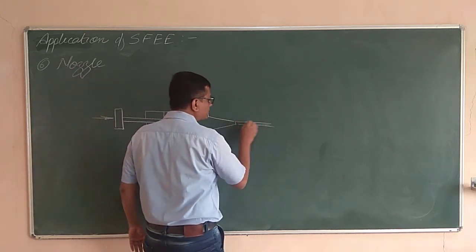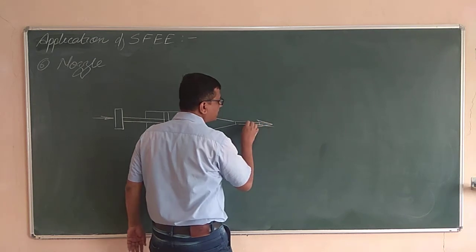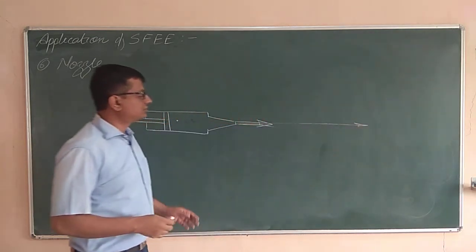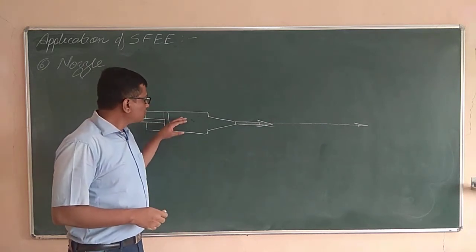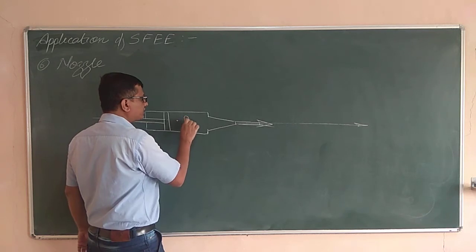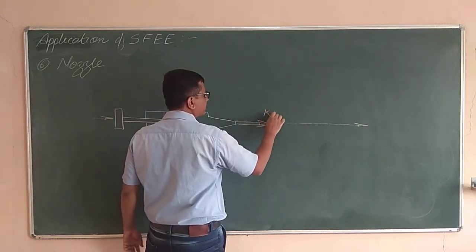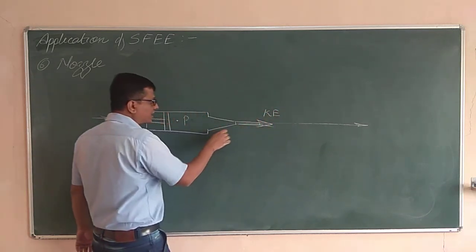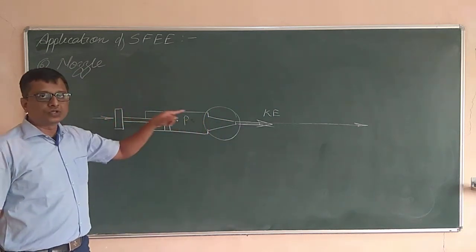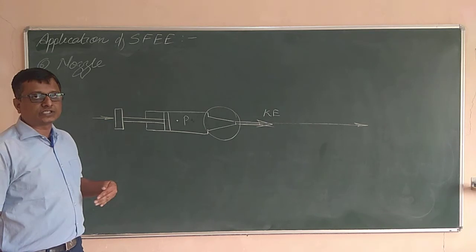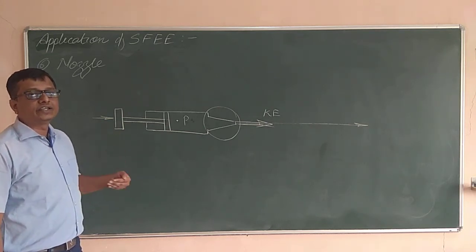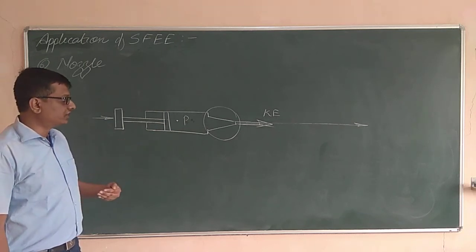Once it gets some velocity, due to the virtue of that velocity, it can go a further distance, whatever the target is. So while we are pressing it, the pressure energy over here gets converted into the kinetic energy. And this is done with the aid of this particular nozzle, and this is the nozzle. Nozzle is a device which converts the pressure energy or enthalpy of the fluid into the kinetic energy. In short, it increases the speed of the fluid.